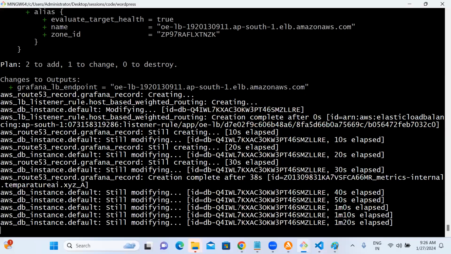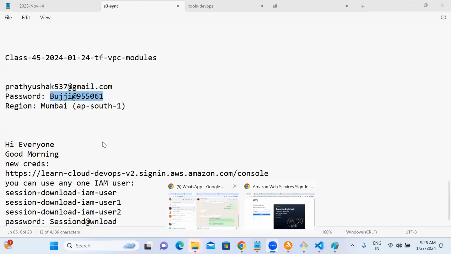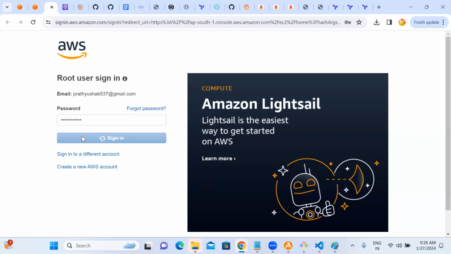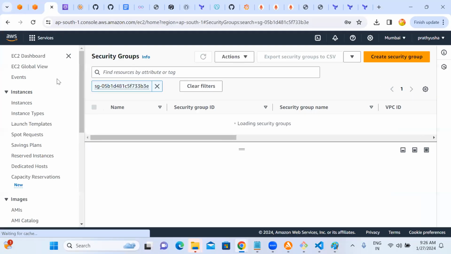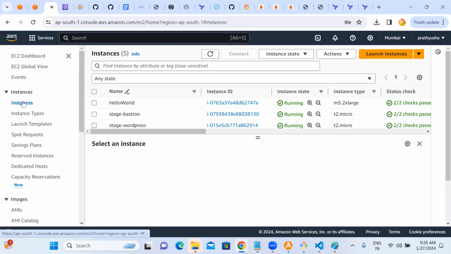So, log into the AWS account. Are we allowed to use the console or not?